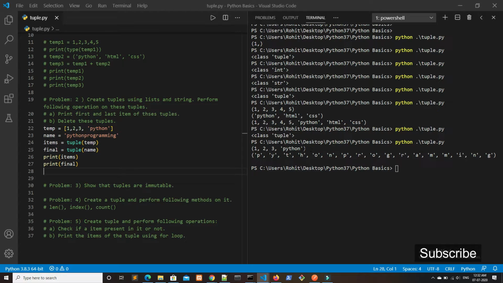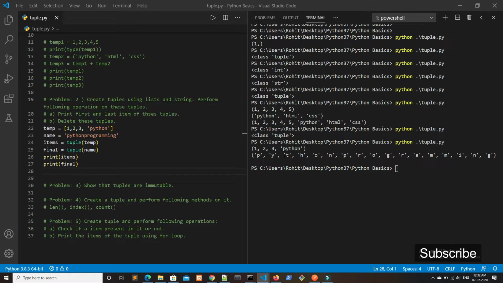Let the tuple be this one, 1, 2, 3 and Python, and the indexing in a tuple also starts from 0. So 1 is at index 0, 2 is at index 1, 3 is at index 2, and Python is at index 3. And from the last, the indexing starts from -1. So Python is at index -1, then -2, -3, -4 and so on.